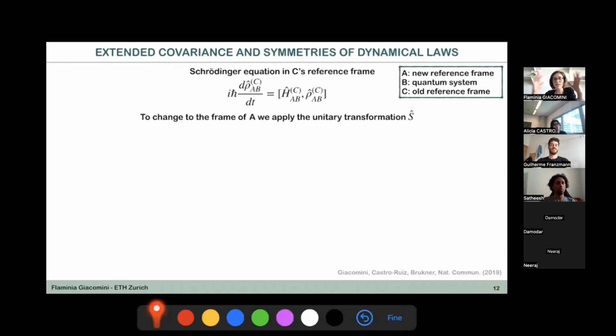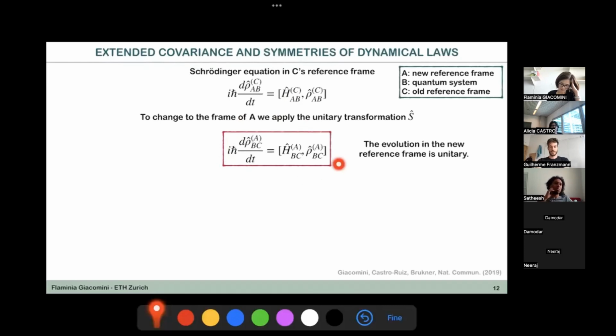Let's imagine that this is just an arbitrary unitary transformation for now. And now I just plug this inside the Schrödinger equation, and I rewrite the Schrödinger equation in terms of the new